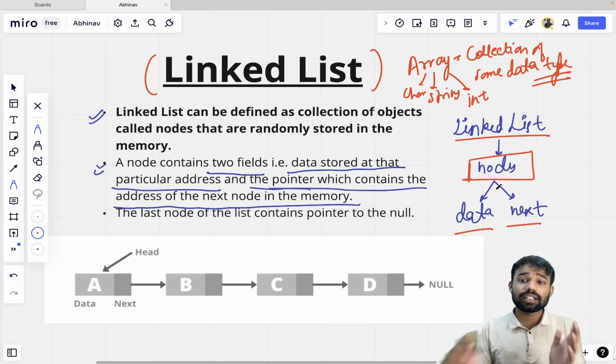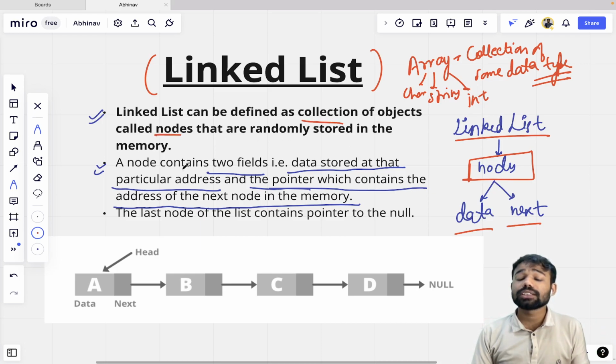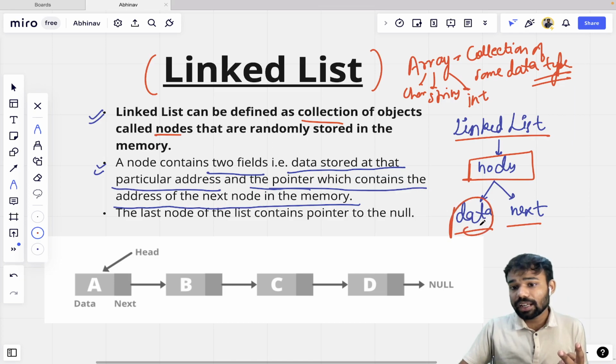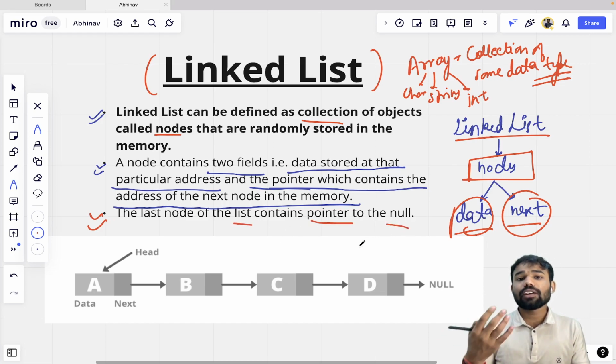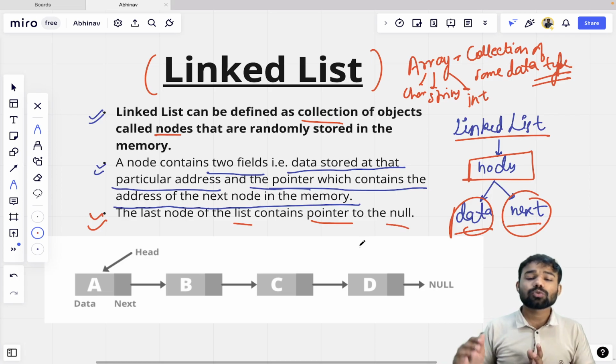Because what is a linked list? A linked list is a collection of nodes. And what is a node? A node consists of two things, which is data and the next pointer. The third point is you can see the last node of the list contains a pointer to null. Now, if we have a node, if we have a particular data structure, so somewhere